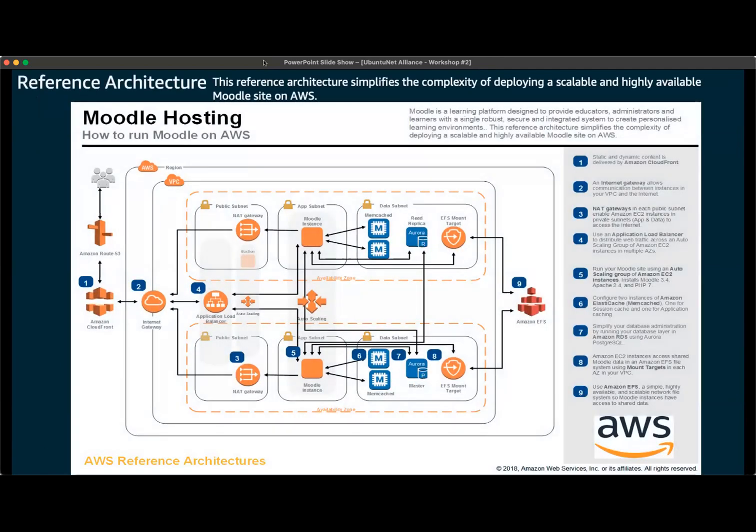So I'm going to be referring to the slide, or at least this reference architecture, throughout the demo. I'll quickly walk you through it. If you look on the top left, this is where your users start interacting with the environment. They come in via Route 53, which is a DNS service that will manage your DNS environment and allow you to point your users to either your dev or your prod